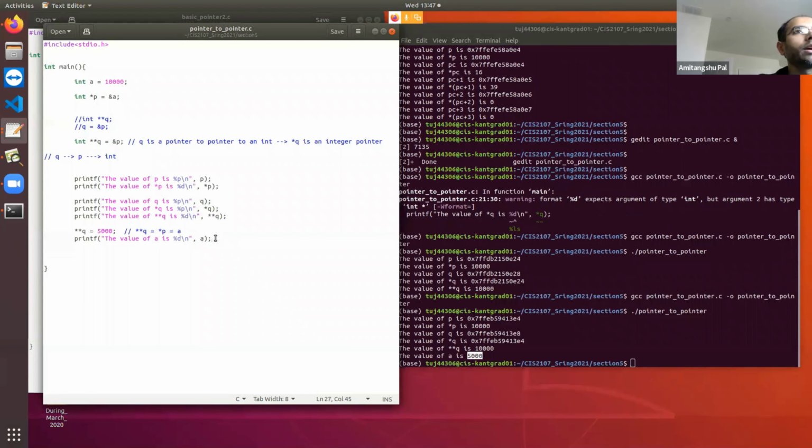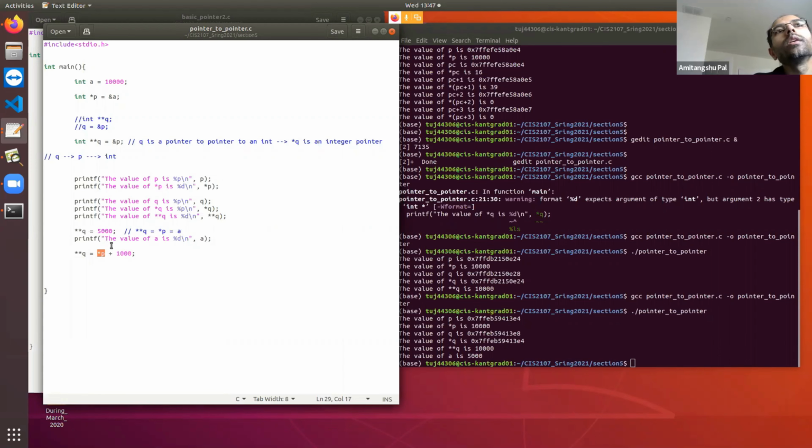Okay, if I write say **q equal to *p plus 1,000, then what will happen? **q is basically the same as a, and *p is basically the same as a only.